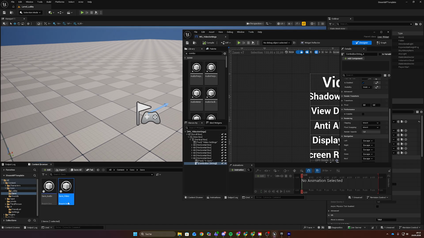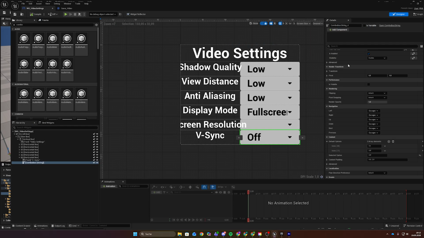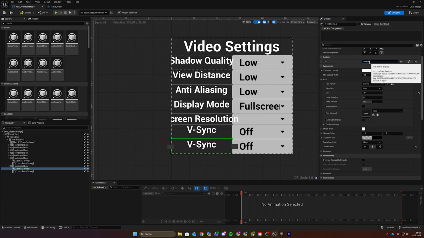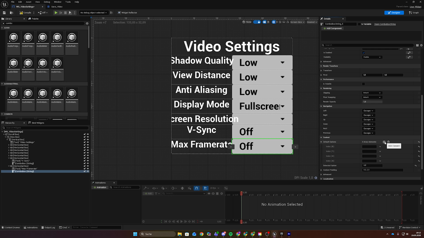So I'm just going to go into my save folder, video. I forgot something, the max frame rate. And that's that then. So I just need to add the max frame rate. So I'm going to duplicate that again, call it max frame rate like so, and we already have defined some options for that. Delete that. 1, 2, 3, 4, 5 I think. The first one is 30, second one 60, 120, 240, and uncapped, which is the option 0, but we're going to make that in the graph, and the selected option should be uncapped,